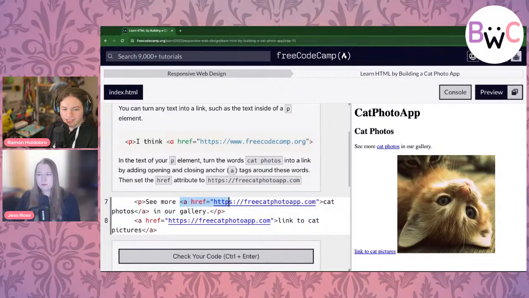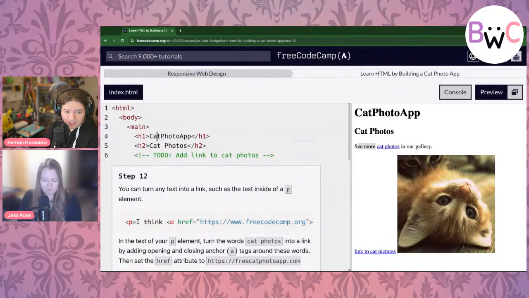What we're going to be doing in this exercise is I've put a link inside a paragraph. Now the words cat photos are a link. You can see that they're underlined. So we can have a link inside a paragraph.